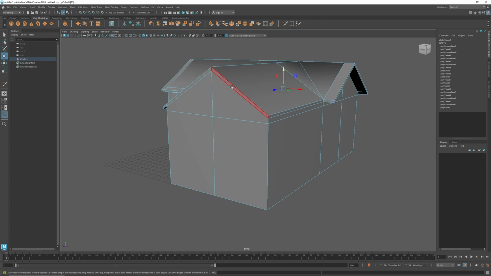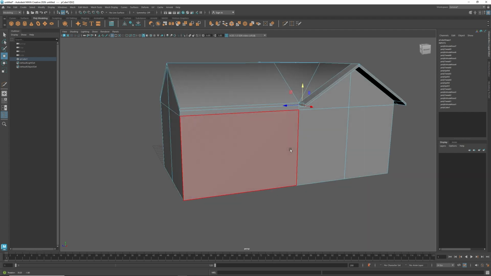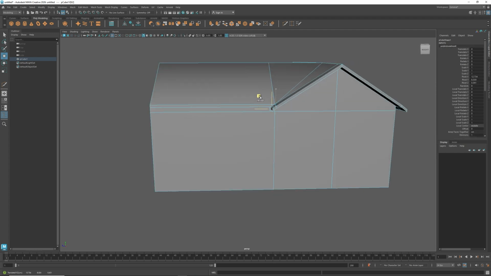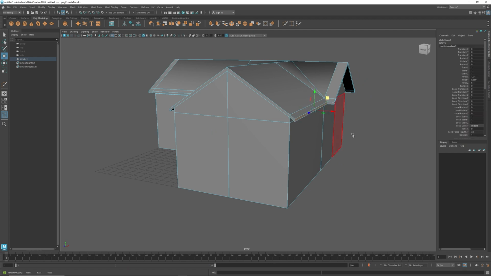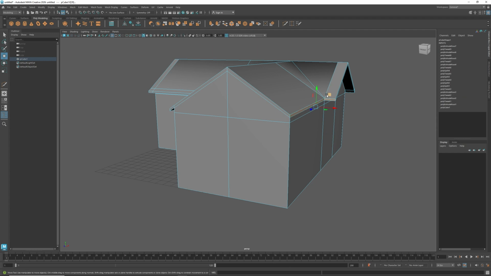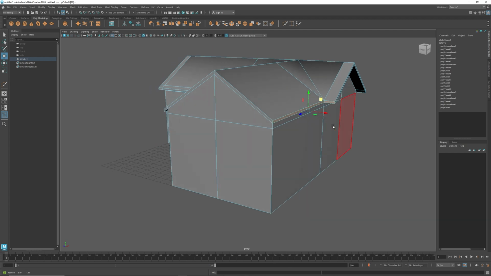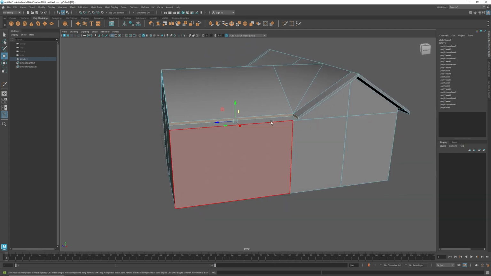And then I'm going to grab this, actually I'm going to grab this here. And this section here is going to have to overlap, just the way houses are. So this would go down like so, and then this would come down like so. So that creates a weird crossover. You don't want that, so I'm going to undo that. So I'm going to grab this, and I'm going to basically